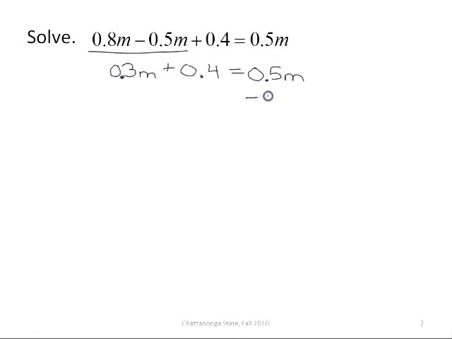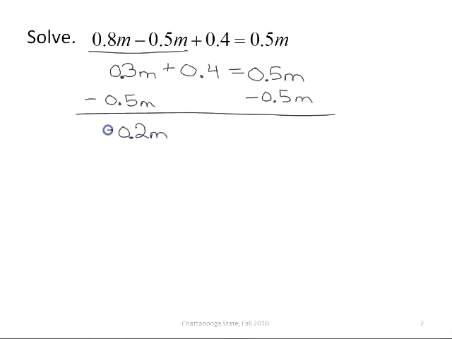Okay, now because I have m on both sides of the equation, I need to get the m's on the same side of the equation. So I'm going to subtract 0.5m from both sides. That's going to get this m term over here with the other one. So 0.3m minus 0.5m, you line up your decimal points. That will give me 0.2m, and it will be a negative 0.2m,